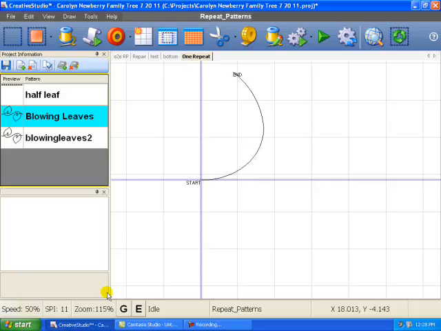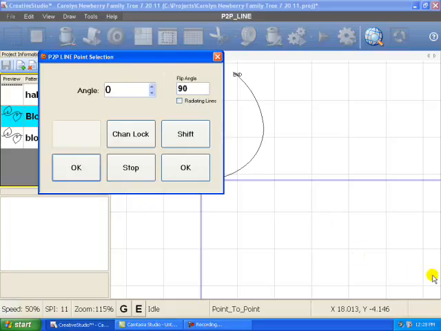So I'm going to select the point-to-point icon, and it's set on point-to-point line. Then I'm going to click a point where I want the stitching to start,